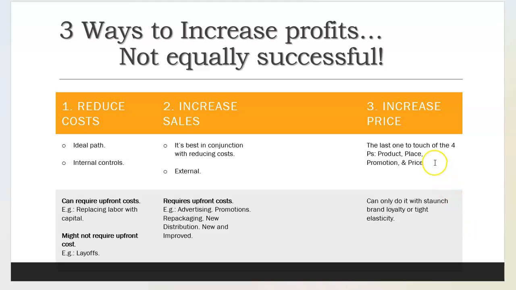However, just remember that for most businesses, the demand is typically elastic. Of the 4 P's, and I don't know if you learned this before in marketing, product, place, promotion, and price, the one you touch last is price. Why? Because it's volatile, and because it can irritate consumers, and because of the law of demand, which tells us there's an inverse relationship between price and sales or purchases. So the odds are, if you want to make more profits, your avenue should not be to raise prices,